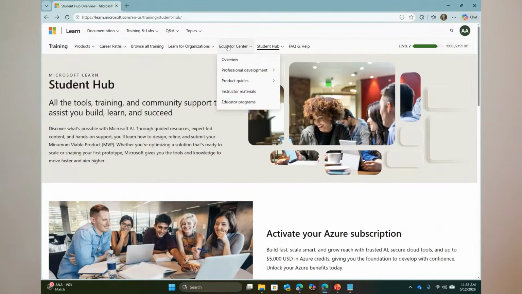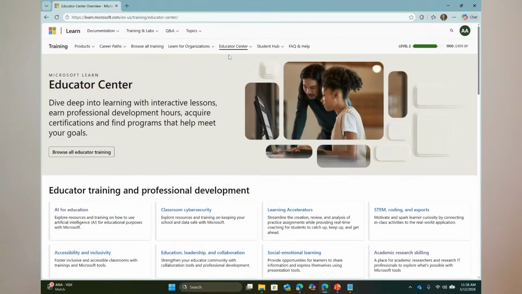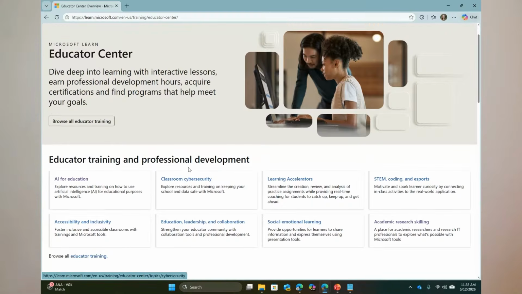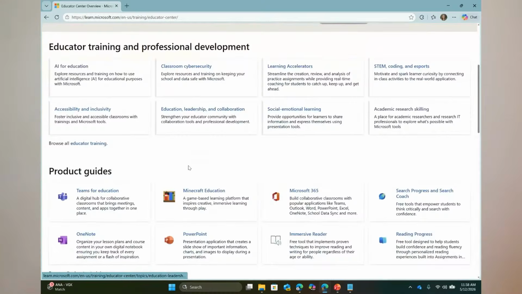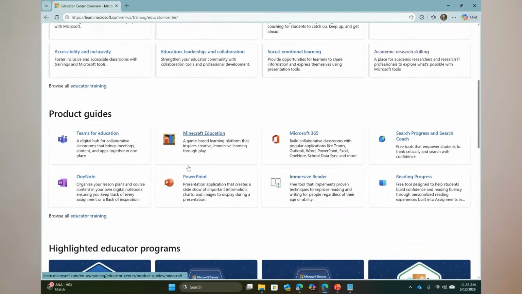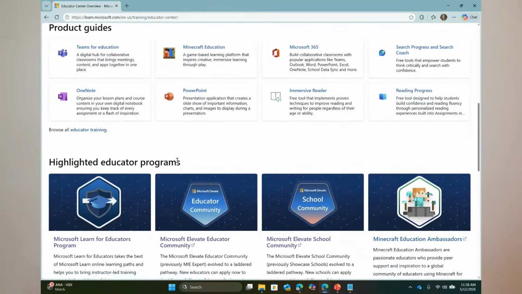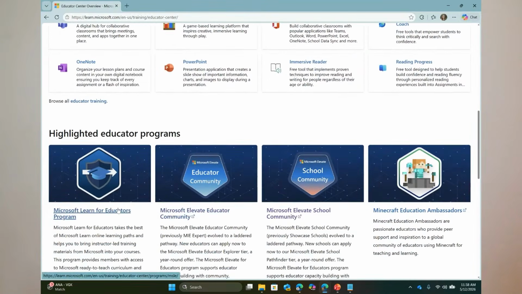In addition, Microsoft Learn also has an educator center. The educator center brings together training and resources that are organized around educator needs, including areas like the AI for Education course that we just spoke about, accessibility, classroom tools, and broader professional development resources for you. And so as I scroll down, you'll get a sense of how the Educator Center is bringing together a range of teaching-focused resources. But I want to show you something that you can bring directly into your classroom, which is